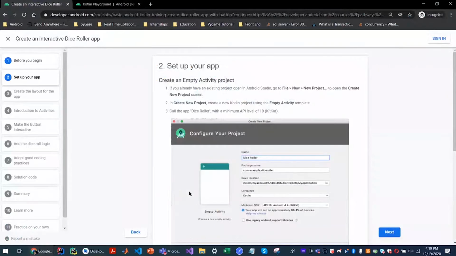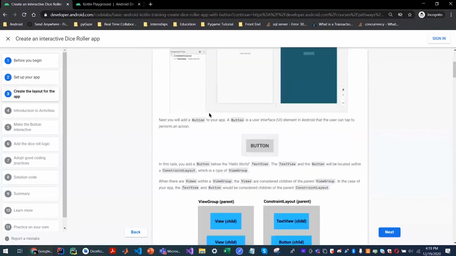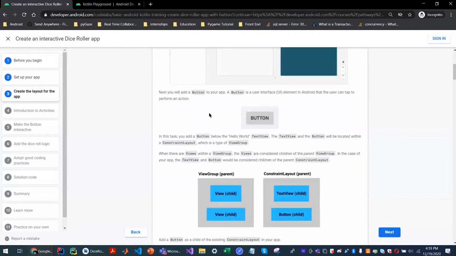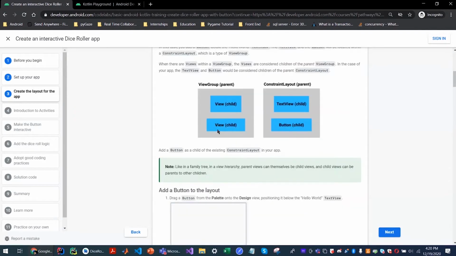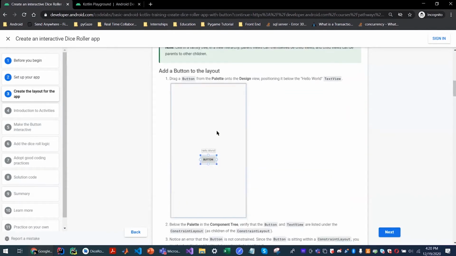So while that sets up, the first thing we'll be doing is creating the layout of the app. As you saw in the preview I showed you, there's an image and a button. But for now, we'll be starting off with just a text. So when you click the button, a text will display. That's the first thing we will be doing in this code lab. Then towards the end of this code lab, we'll make it such that when you click the button, a random number is generated and that number appears in the place of the text instead of just a hard-coded number.